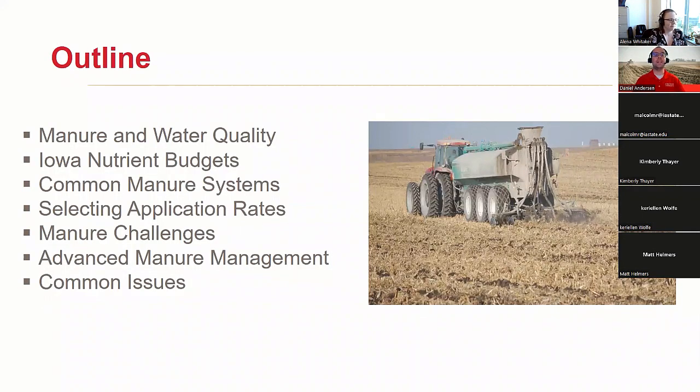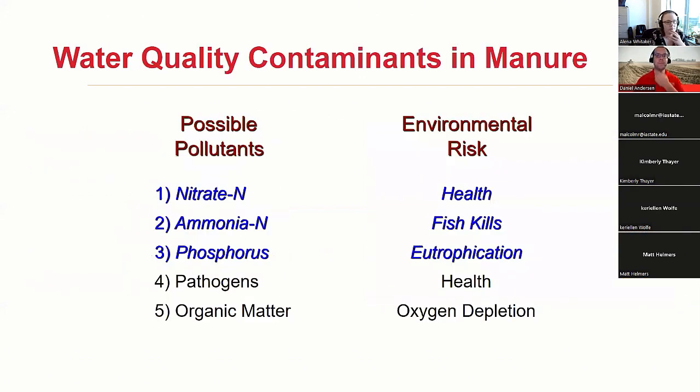So a few things that we're going to try and cover today. I'm going to talk briefly about water quality. I think we all know that manure can have some water quality impacts, so I'm not going to belabor that. But I really want to talk about selecting manure application rates, a challenge that's specific to manure, and I think that's some timing issues. We'll talk a little bit about yield goal and how it compares to MRTN, and sort of why we see what we see and what water quality implications we have from that. And then I'll try and talk about maybe some common issues and some opportunities for change in the future as we move ahead.